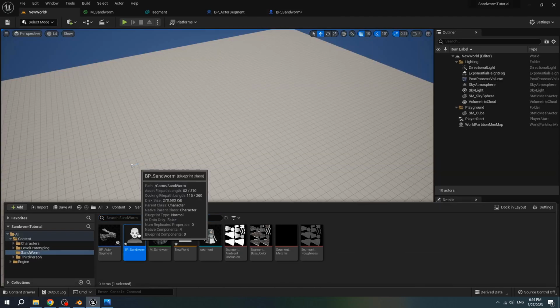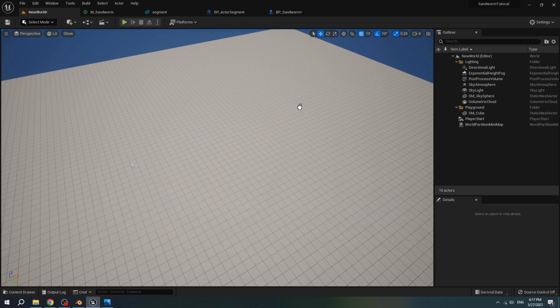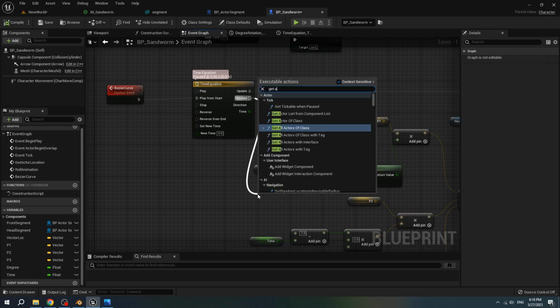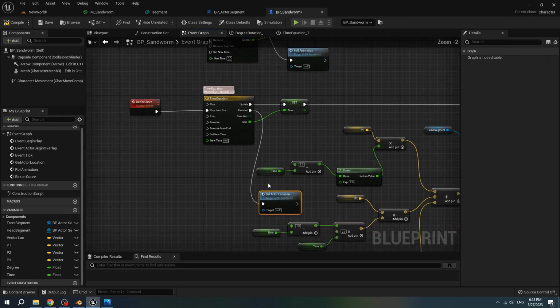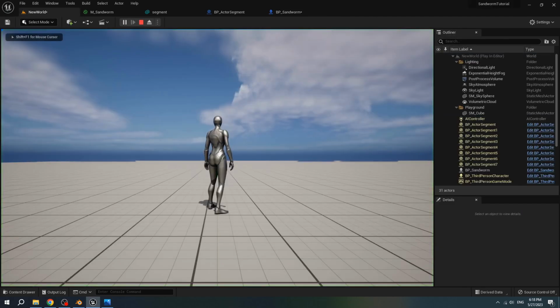Go to our scene, add sandworm character inside our scene. For the Bezier curve, when it finished, we get actor location again to get the new point and create a new Bezier curve for our sandworm to move on.